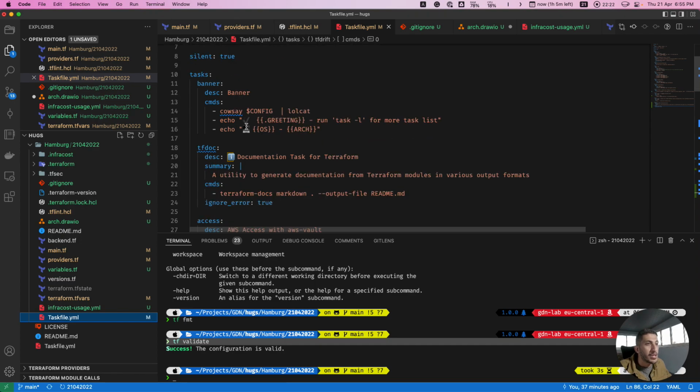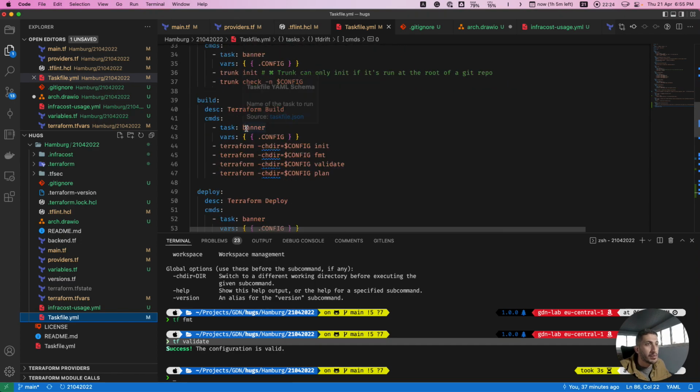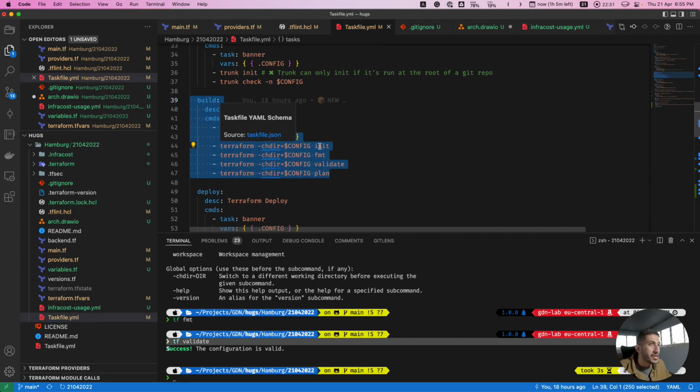As you can see, let's scroll down a little bit and we find that we defined a build task, adding format and validate to our typical workflow, and we call this the build stage. In building, we can make sure that we initialize the modules and the backend, format correctly, validate and plan.